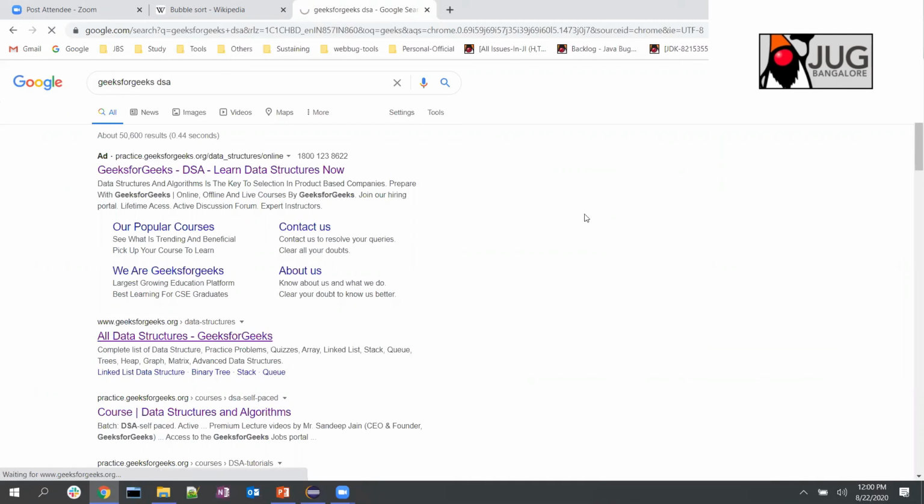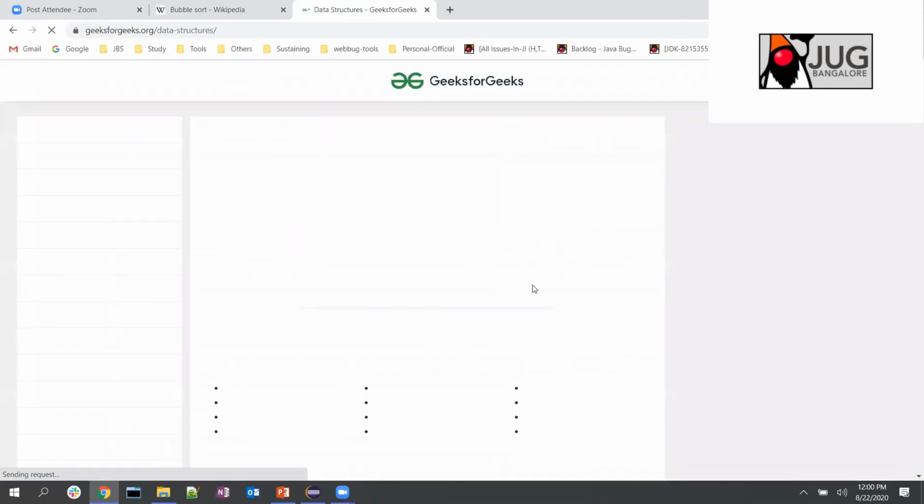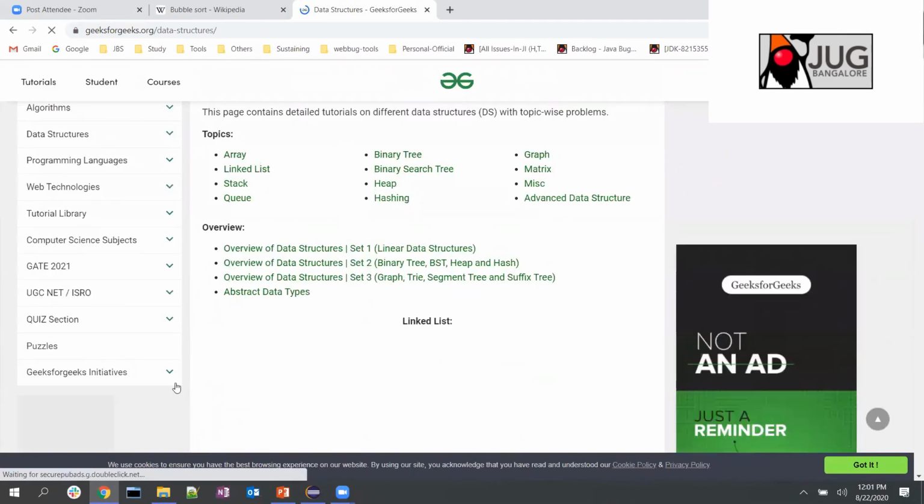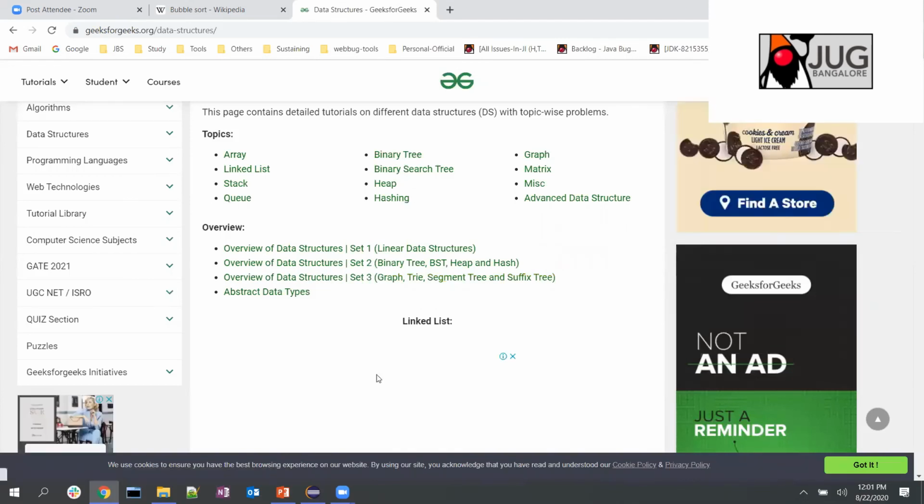A lot of things are there. I think you can just go through it and study. All problems: array, linked list, stack, queue. I'll be covering a few of them. And for many examples I will still be referring to Geeks for Geeks because they mention which interview a particular question was asked in. So that way, yeah, it makes a good impact.